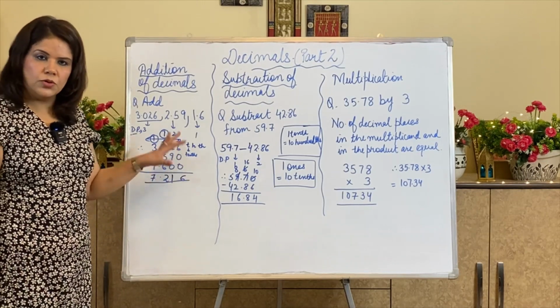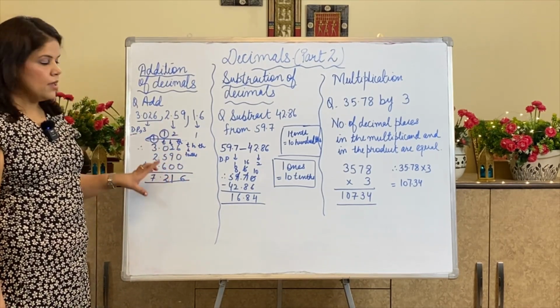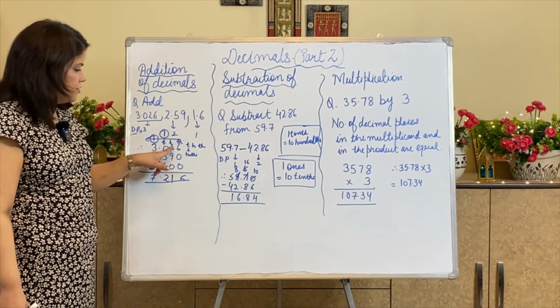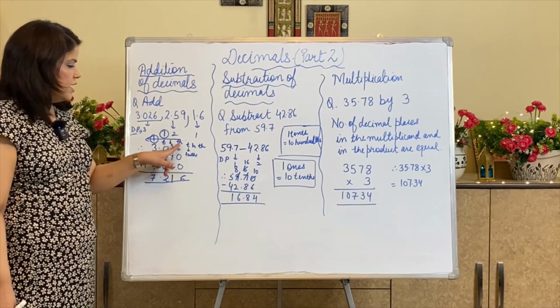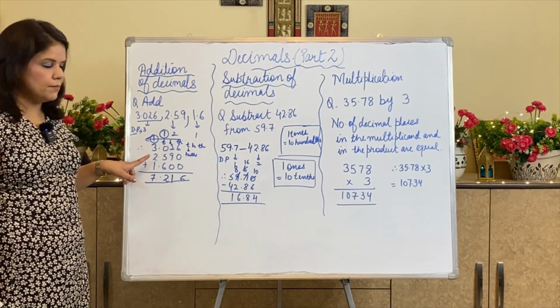First we have to convert them into like decimals, and then we have to add them by placing them in such a way that tenths will come below tenths, hundredths below hundredths, thousandths below thousandths, and whole numbers below whole numbers. Decimal